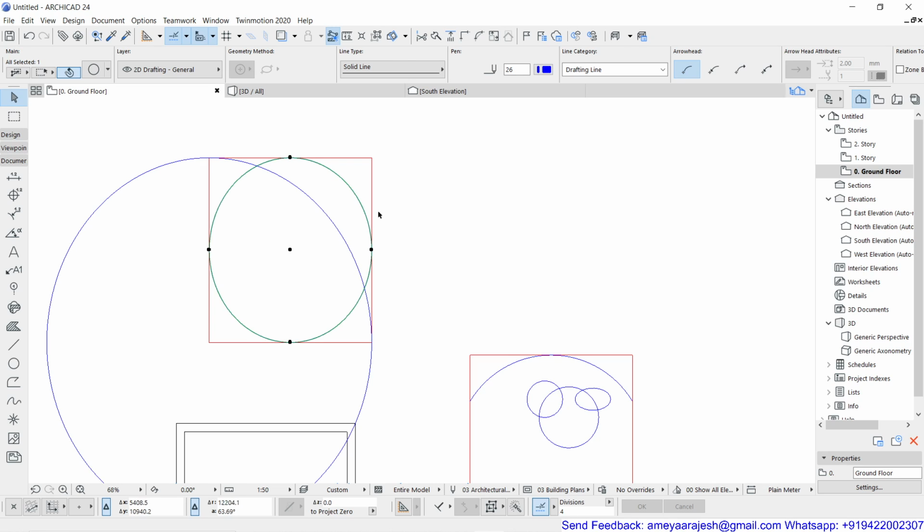If I click on one of the quadrants of the ellipse, you will see that you have angular stretch. That means you can convert this into an elliptical arc. Now for the elliptical arc, I'll continue its editing. If I click on this node again with the same angular stretch in the pet palette, I can convert back to ellipse.